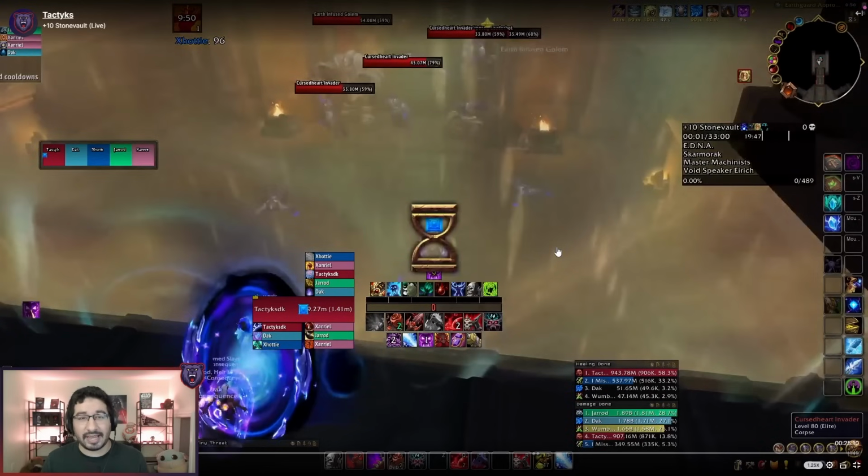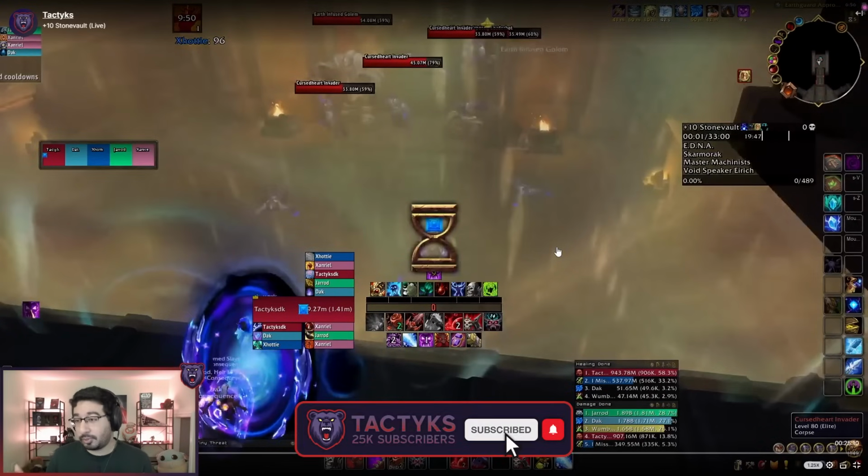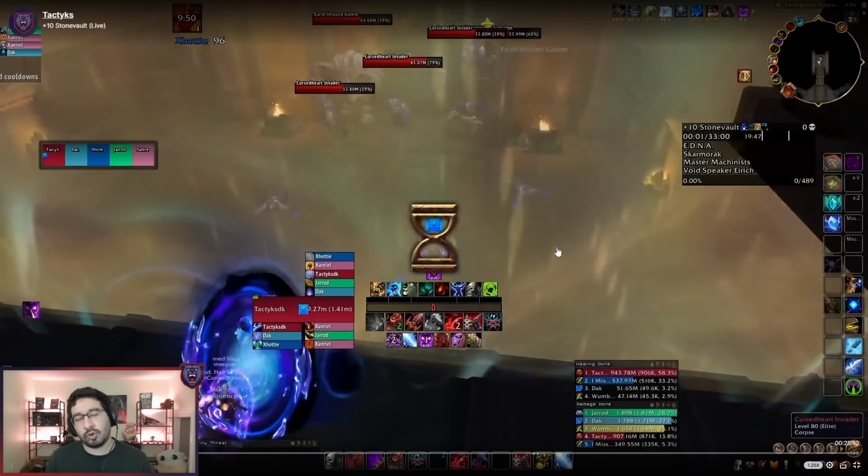Hey everyone, Tactics here with my second and last +10 route walkthrough of The War Within Season 1, where in this video I'll be taking you through a timed STONEVAULT run we did, kind of showing you some strategies we used throughout the key, as well as just some tips and tricks to help you with some of the dangerous trash pulls, as well as of course those bosses in this dungeon, and help your group get that Keystone Hero